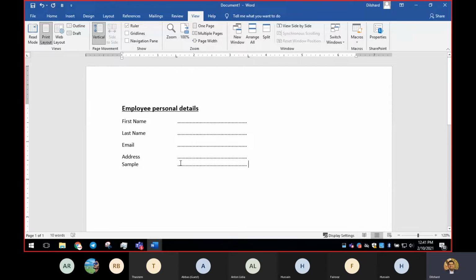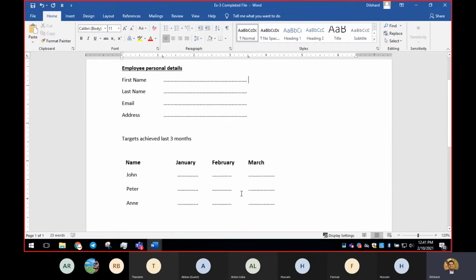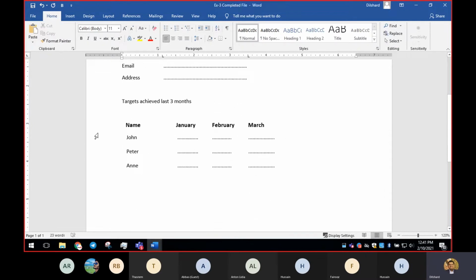So we can't expect users to write their information in this small gap, right? So let's remove that and we'll press now. When it comes to the second set, there is a completely different line that we have to make, right?